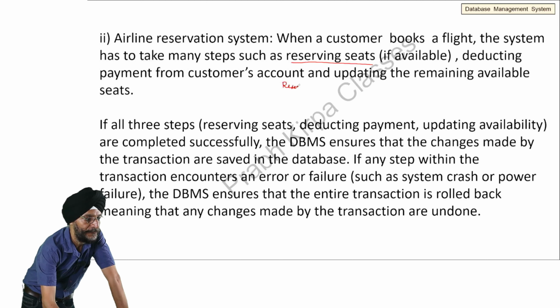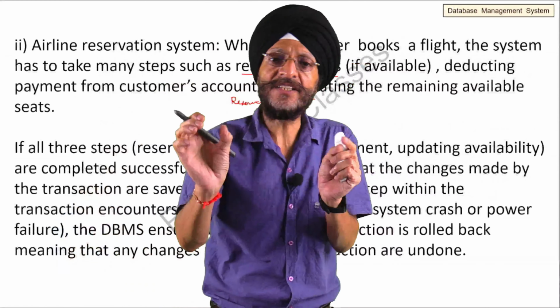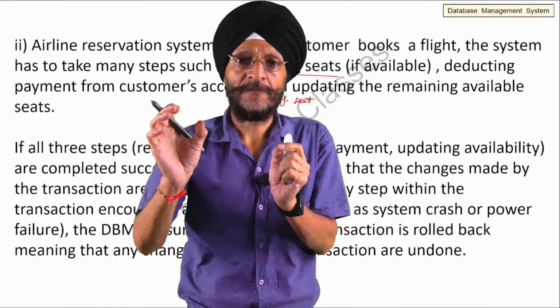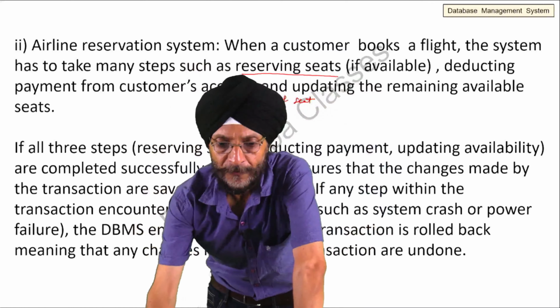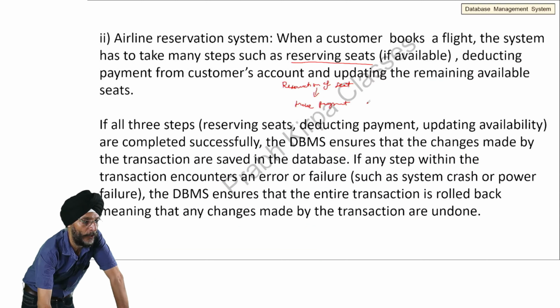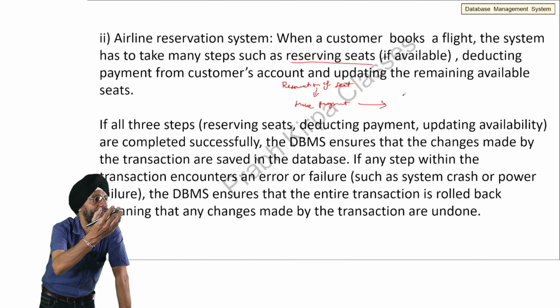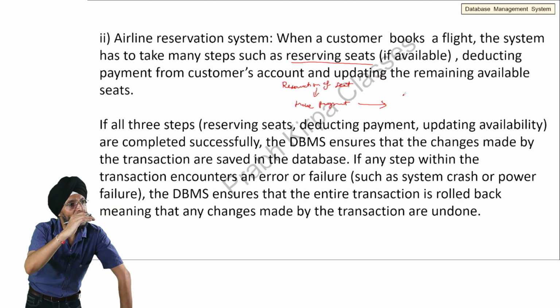After you click that you want this seat and the seat is available on the site, the site will ask you to make payment. Then this payment will be deducted from your account, and then the website which you have approached